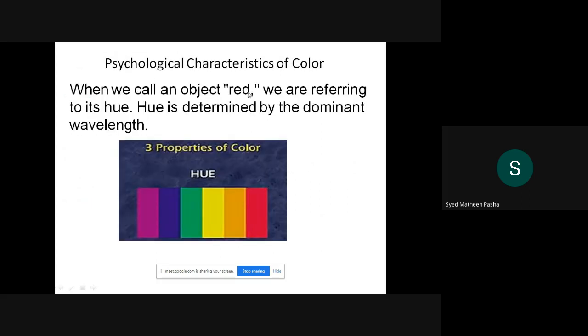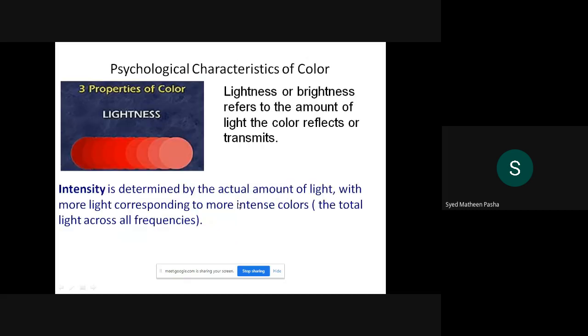When we call an object red, we are referring to its hue. Hue is determined by the dominant wavelength, where each and every color of this particular object consists of some wavelength with respect to that particular color. Then another property of the color is lightness or brightness, which basically refers to the amount of light the color reflects or transmits.